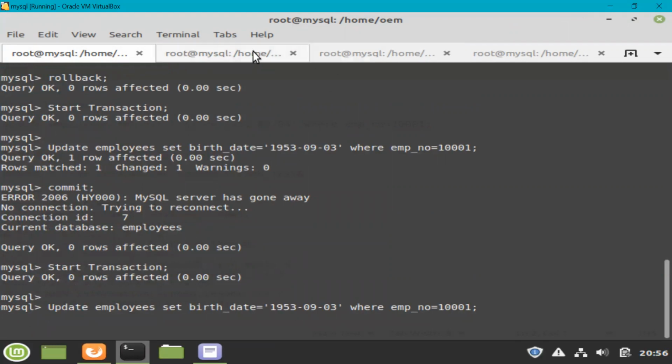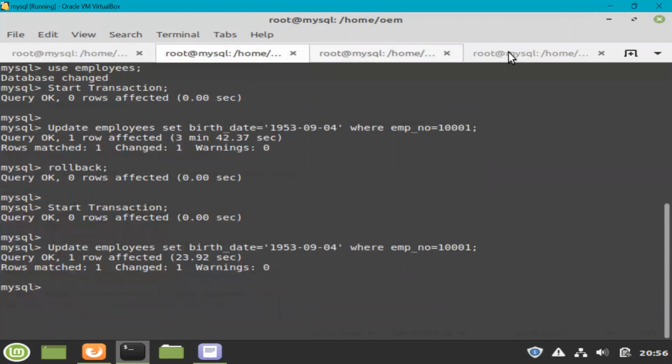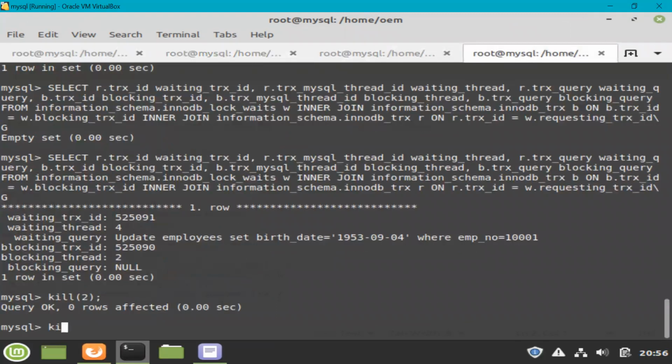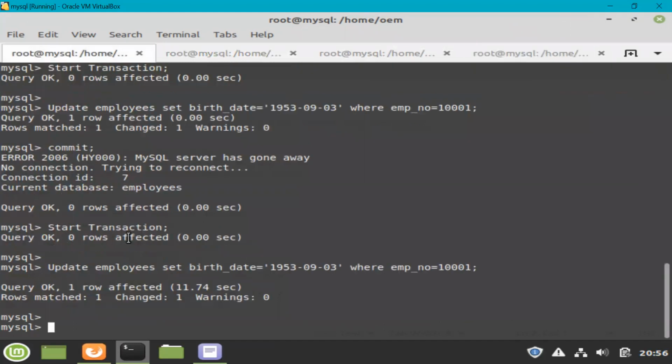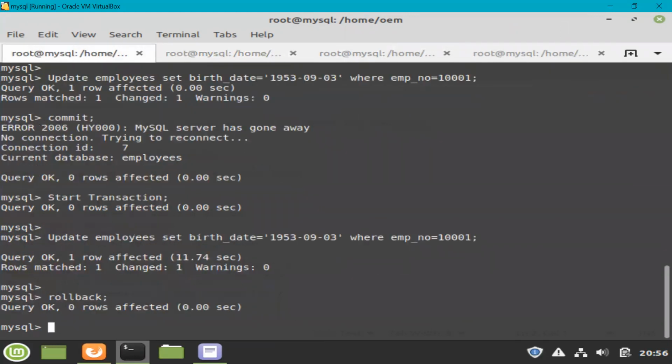Okay, and if I kill this one this time, so kill 4, and if you go back here, you can see this command is completed, and this time I'm going to do a rollback here. So this is how you can identify the blockings, and these are a few ways that you can use to troubleshoot this kind of blocking scenario, because they will hamper the performance of your production system, right?